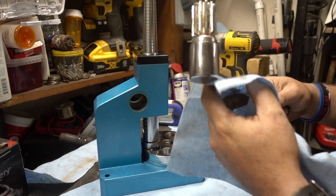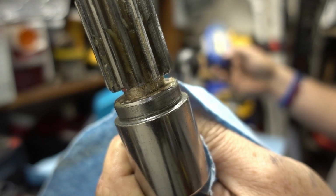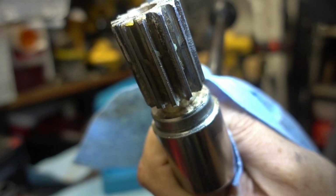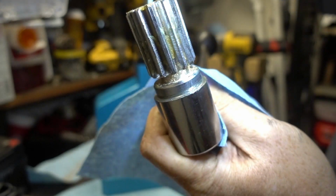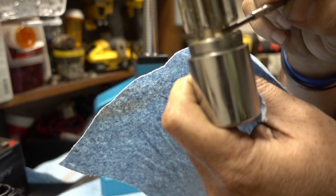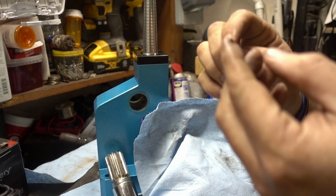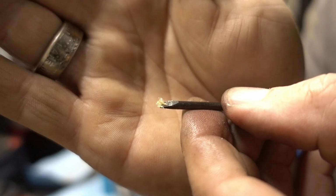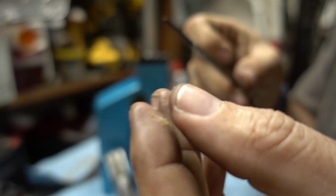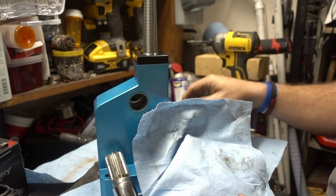Maybe this is the break-in fluid. Yeah, there's a bunch right there. Let's see. You see that a little bit better? Sorry, the light's not the best, but I mean, it actually looks like sawdust. So I don't know if you can hear that or not, but anyways,